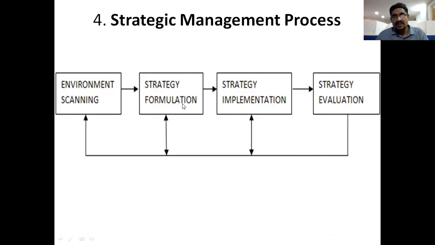Next, once strategic formulation is completed, we need to implement these formulated strategies. And next, strategy evaluation and control means the comparison between these two. If there is a gap between them, then we need to control it. We need to fill this gap between these two. That is the point here, strategic evaluation and control. Right, in today's class, we need to go in depth on implementation and evaluation.